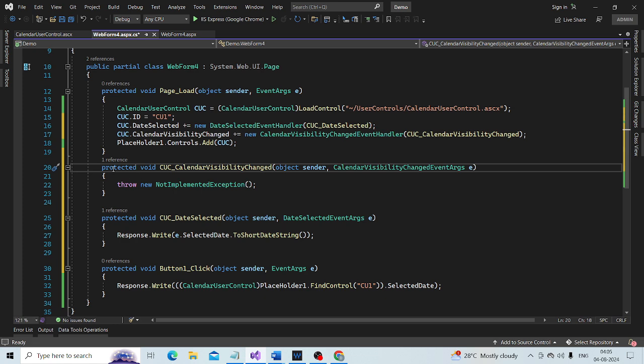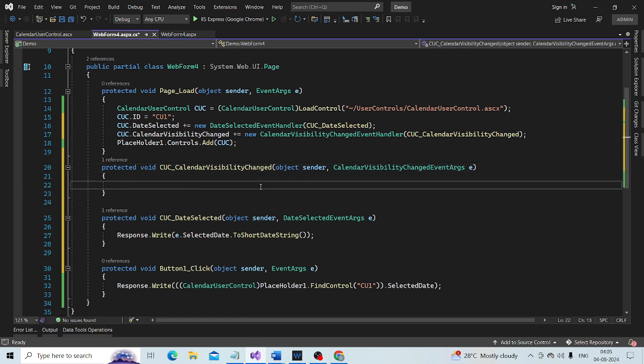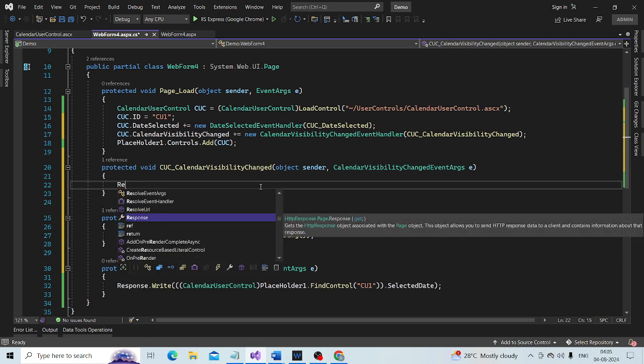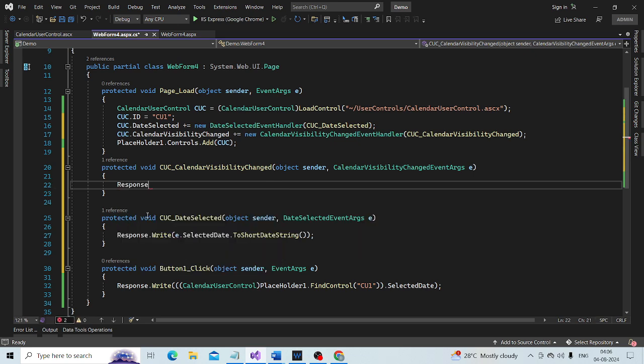So protected, we have made it protected. Okay, so I want to print a message here saying response dot write.